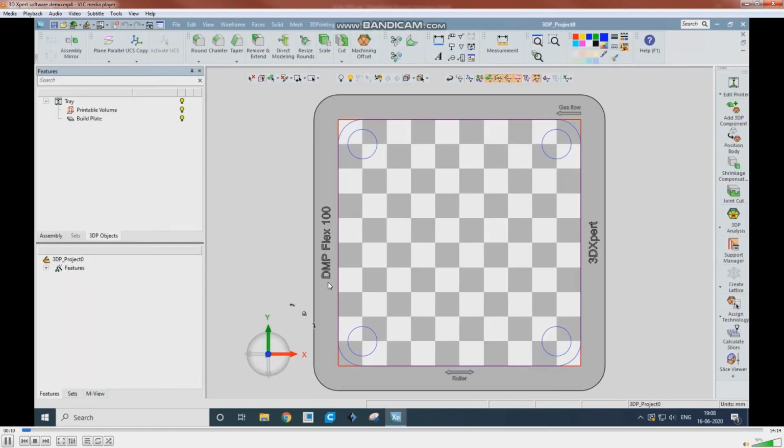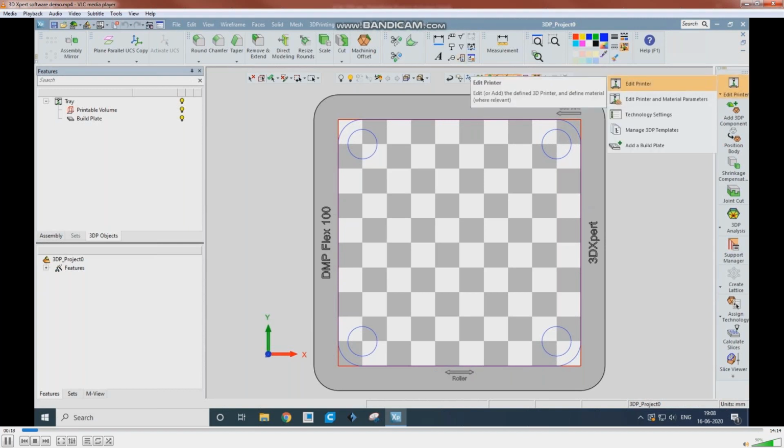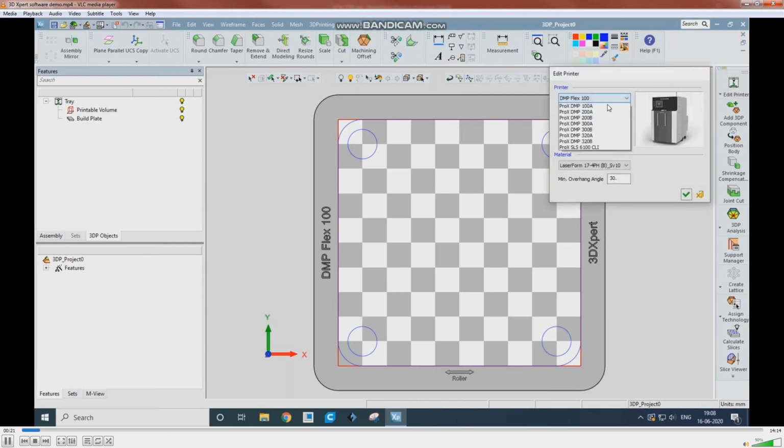I am equipped with the DMP Flex 100. We are using a DMP Flex 100 machine, and it has a build volume of 100 by 90 by 90. So you can change the printer settings here. In edit printer, if you are using another printer, you can change it here.